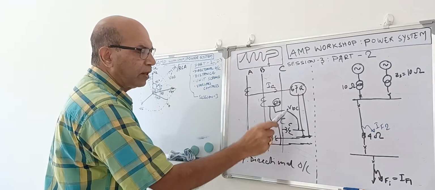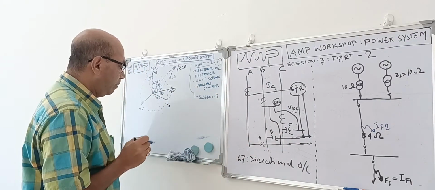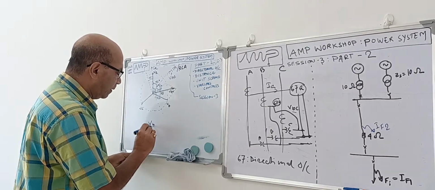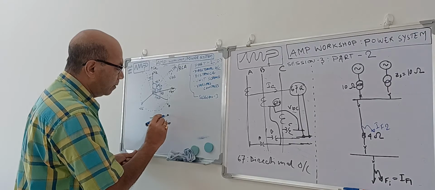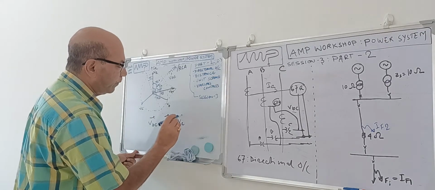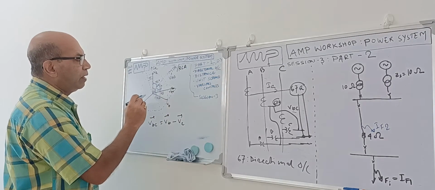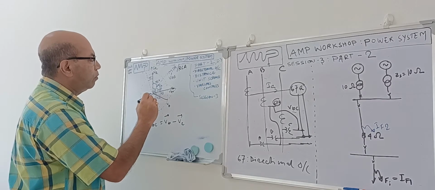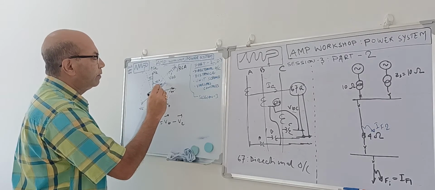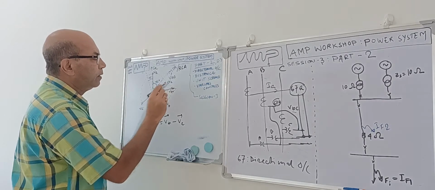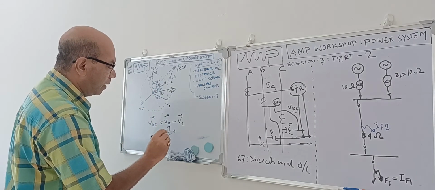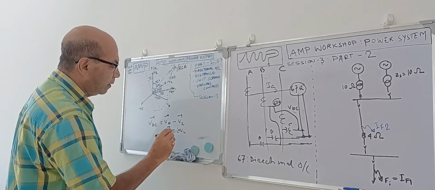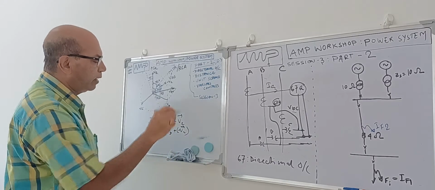At the same time, it is taking voltage VBC. What is VBC? VBC equals, this is a vector, VB minus VC, right? So this is a VC. If I take a VC negative, then VC goes this way. This is a minus VC, okay? So minus VC, that means VBC equals VB plus minus VC. If you add these two, then you will get a VBC.